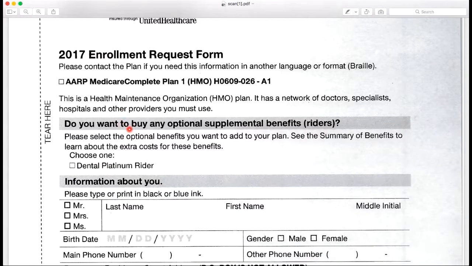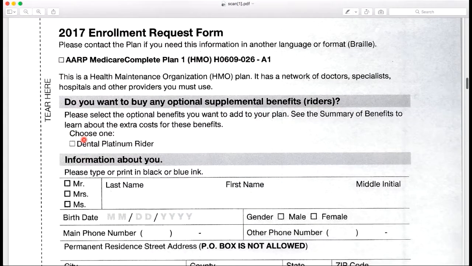So a couple disclaimers. Again, this plan is a United Healthcare Plan 1. Sometimes plans will have multiple plans right here or multiple riders. Oh, there's these right there. So a dental premium platinum rider. So if they did want to add any other type of additional benefits, or if there was one specific plan out of multiple plans listed here, you need to make sure that you check the correct one. And then if they do want it, you want to make sure that you check any type of riders